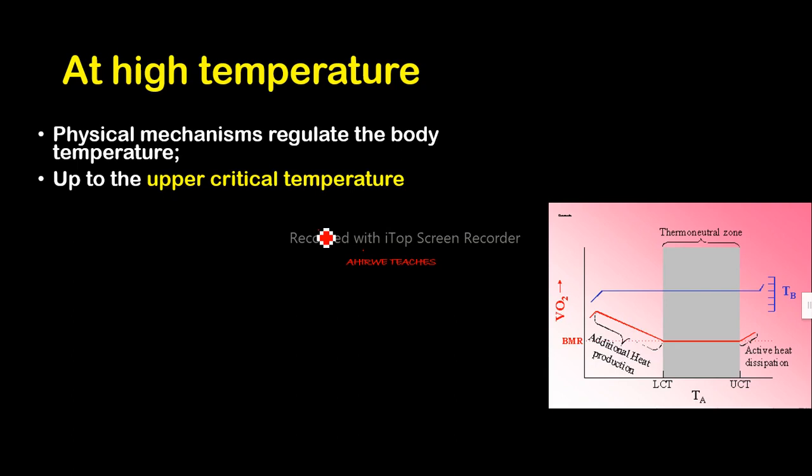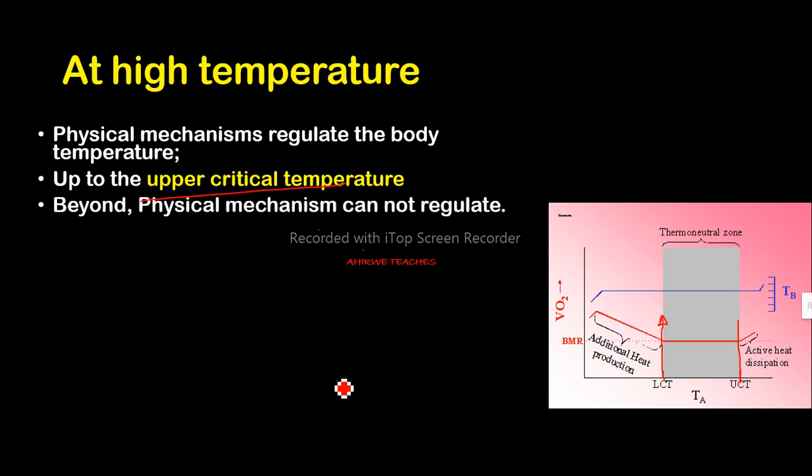So therefore what happens, and that point is known as the upper critical temperature, this one. Okay? And this is the lower critical temperature. Now beyond the upper critical temperature,